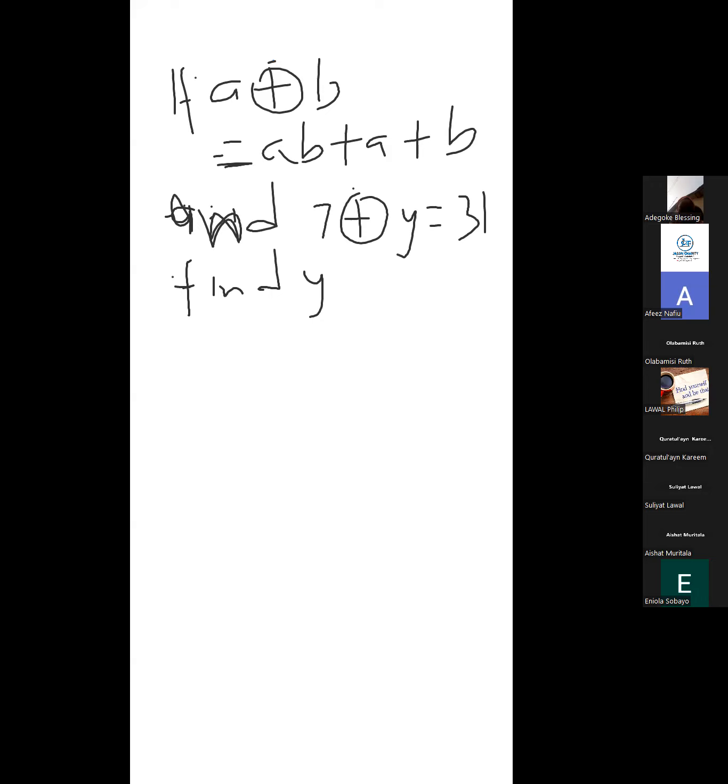Beautiful. Then that will be 8Y equals 31 minus 7. I love that. And then our answer will be 3, because